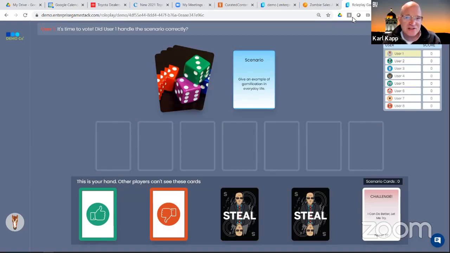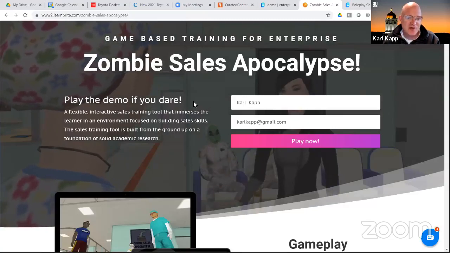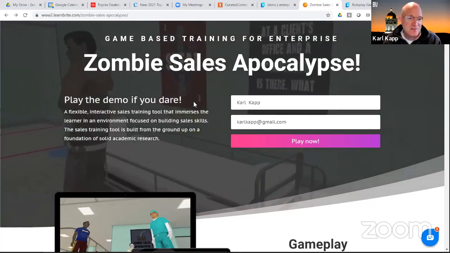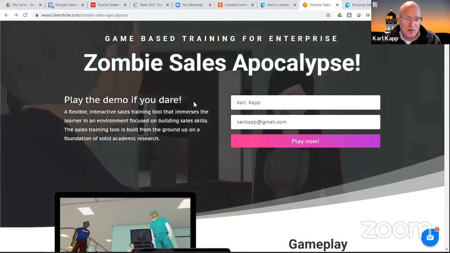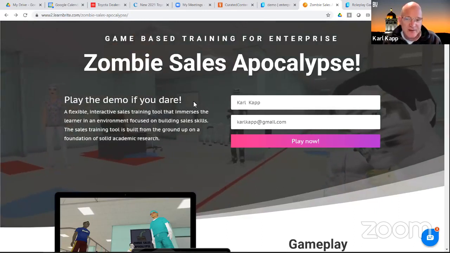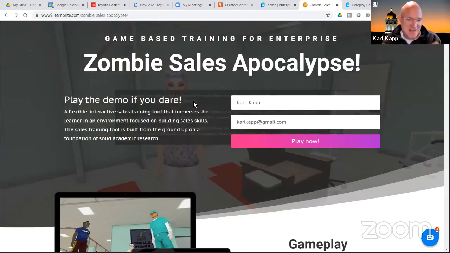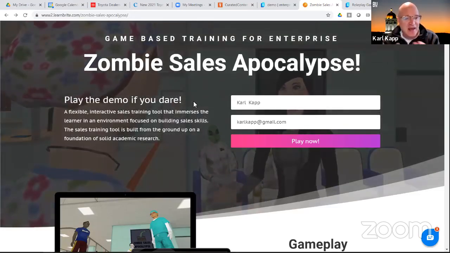And so whatever program you look at, you want a program that allows you to create that engaging and interesting instruction. Another one is the Zombie Sales Apocalypse. This is a game that I developed, and one of my students last semester used a tool called LearnBright. It's a 3D virtual tool, and she created a virtual escape room, which was really cool. And she actually then came to my class.